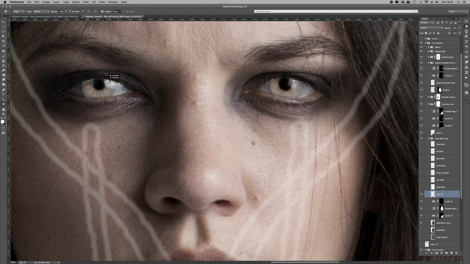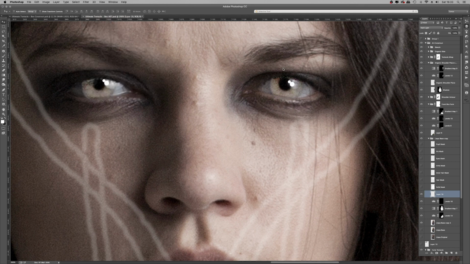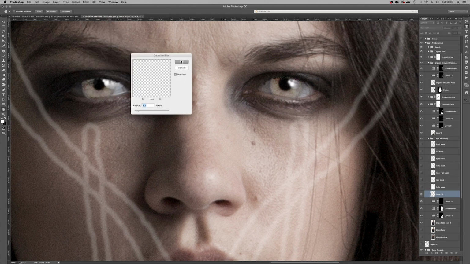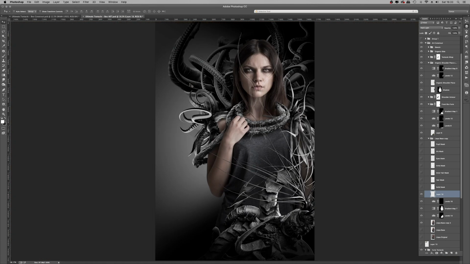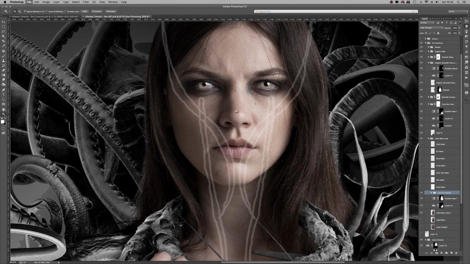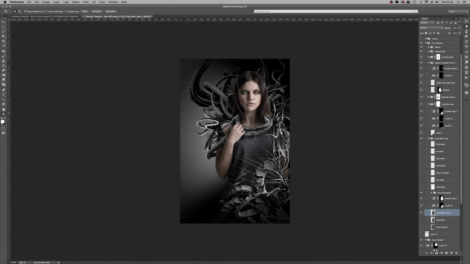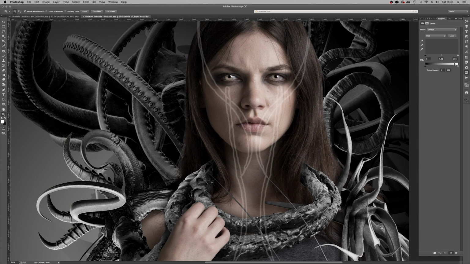So slight Gaussian blur on the pupils just to soften the edges, and this is just a new layer with some small white circles drawn using the shape tool, which is U as a shortcut. A Gaussian blur on that, and then it just pumps up those speculars on the light, makes things look a bit more tactile and real. Anytime you have shiny glossy objects, a small specular can go a long way in making it seem a lot more tactile.